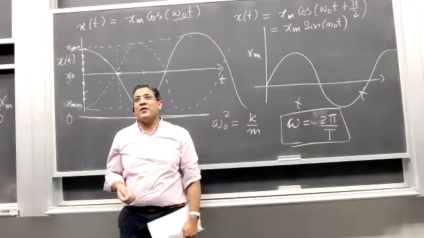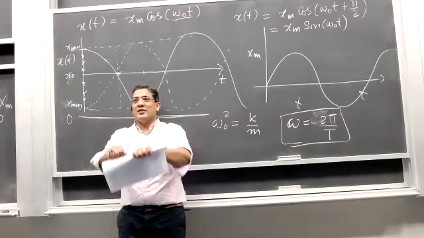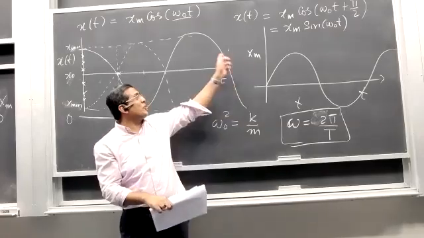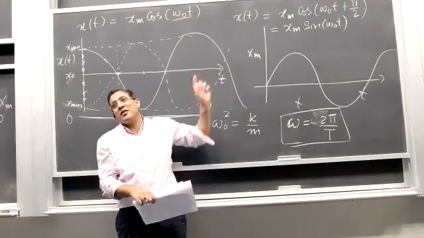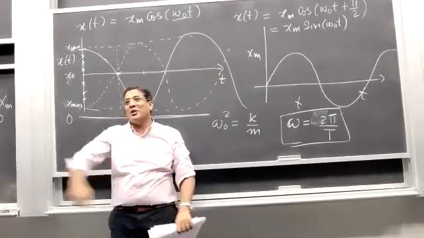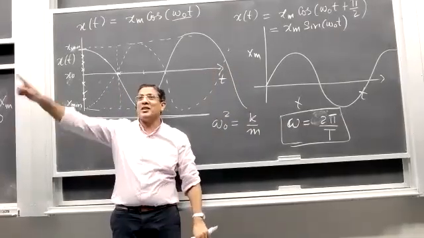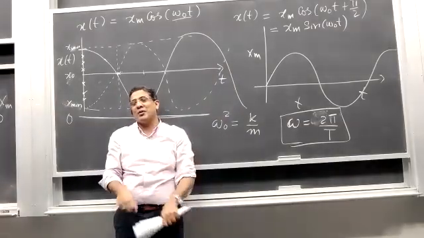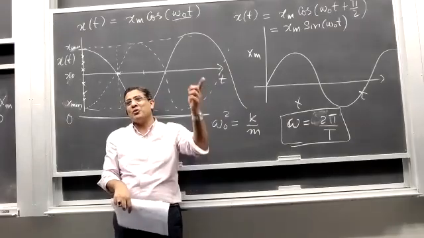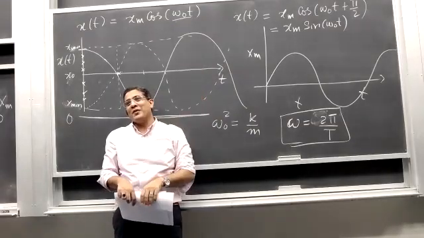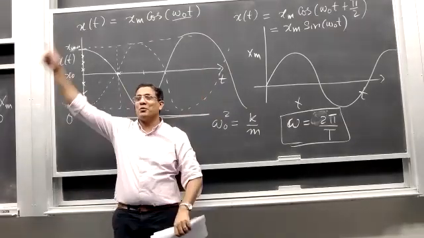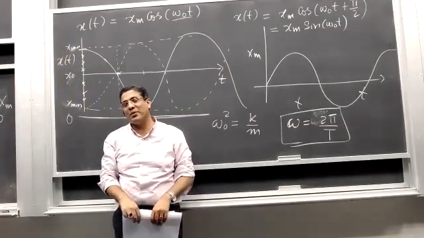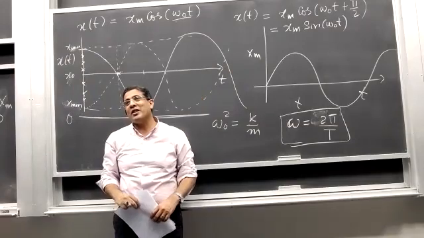And then if you keep pushing the swing at the same exact period as the period of the swing, the natural frequency of the swing, then its amplitude keeps increasing. So you're giving energy to the system from outside, and its amplitude keeps going up. And if you don't stop, the amplitude would become very large at some point, and the swing could flip. That is called a driven harmonic oscillator.